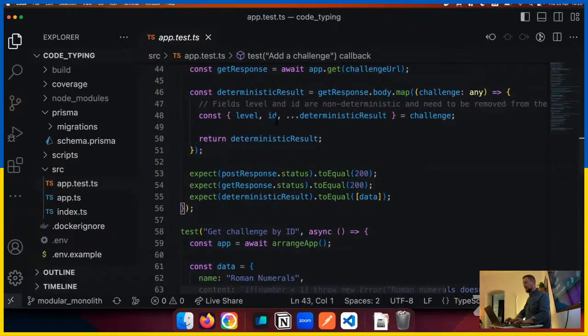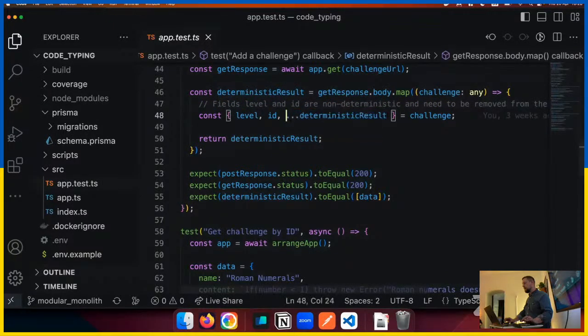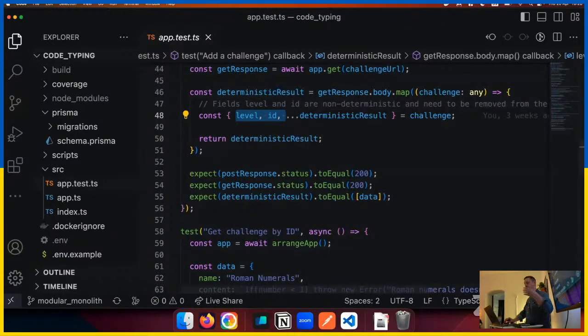And then we see here that we do something a bit magic on line 48. Deterministic result. You accumulate everything in an object, except level and ID, because those are not deterministic. The ID will be generated and unique each time, and the level, I won't go into detail why, but